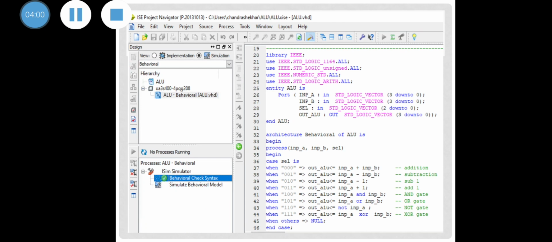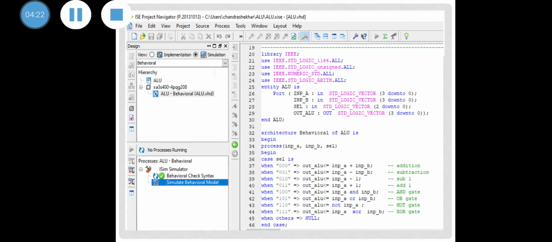The next step is to go for the simulation process, and in that we have to check for behavioral syntax errors if any. If any is there, then it will be highlighted. If not, then this green tick will be shown as it is shown here. And once everything is perfect, then we will go for simulation.